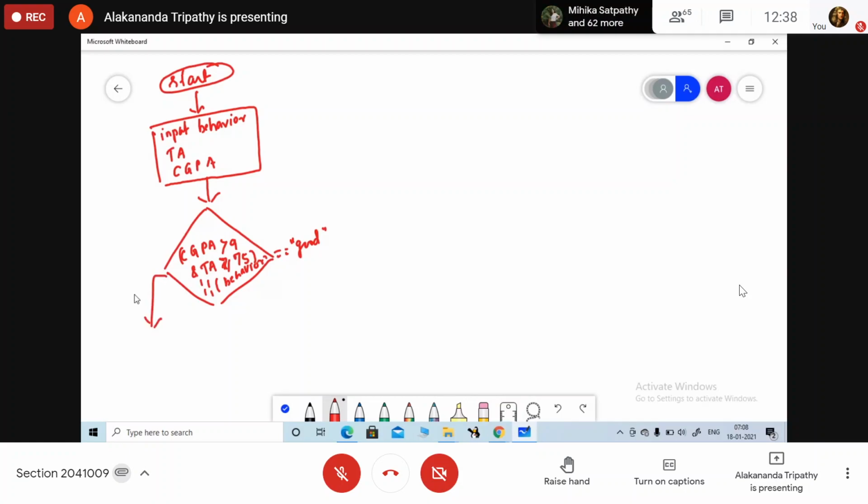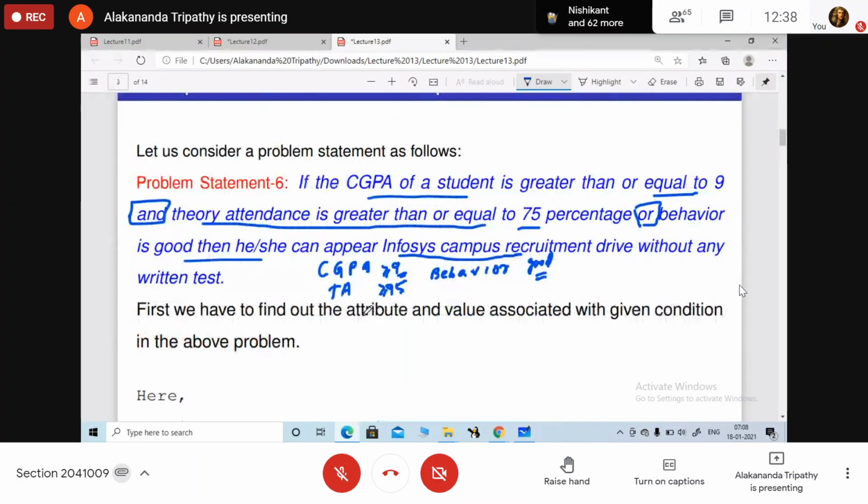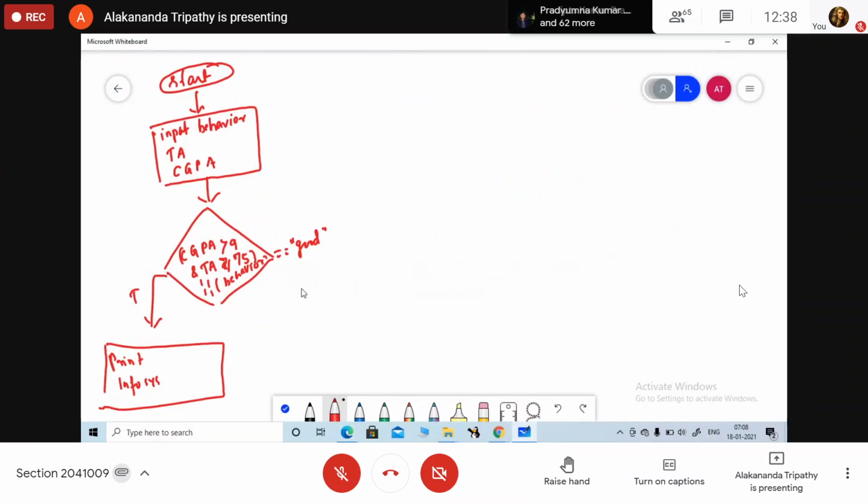If it is true, then we are going to print Infosys recruitment drive without return. So I'm just writing the print statement here. Only interview.